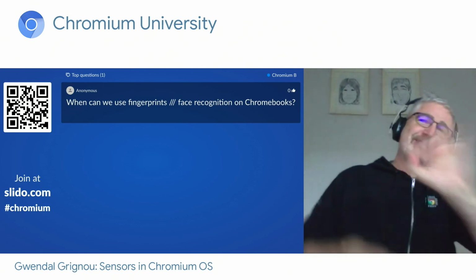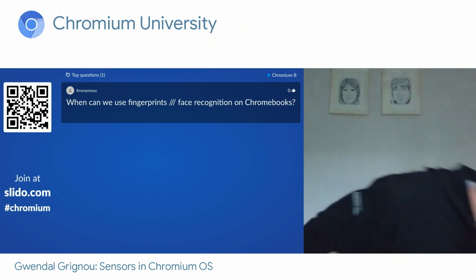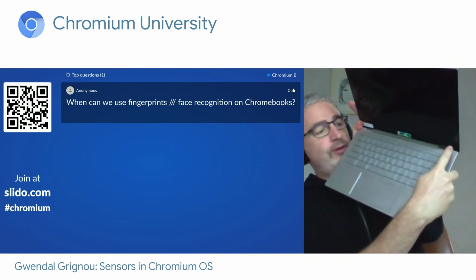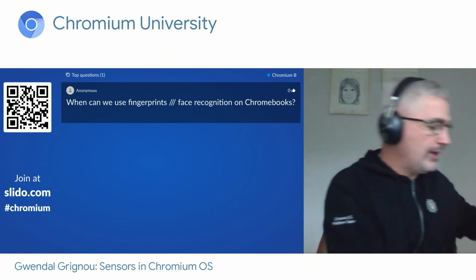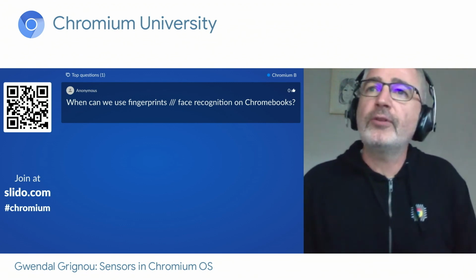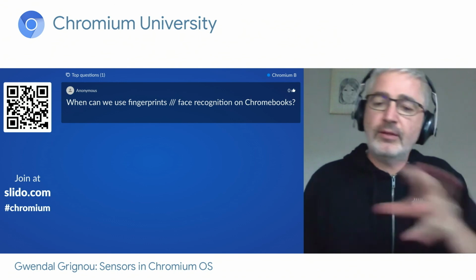That's a good question. Fingerprint sensors do actually exist. If you have an Asus Flip, you have a fingerprint sensor here. Fingerprint is a different interface than IIO.